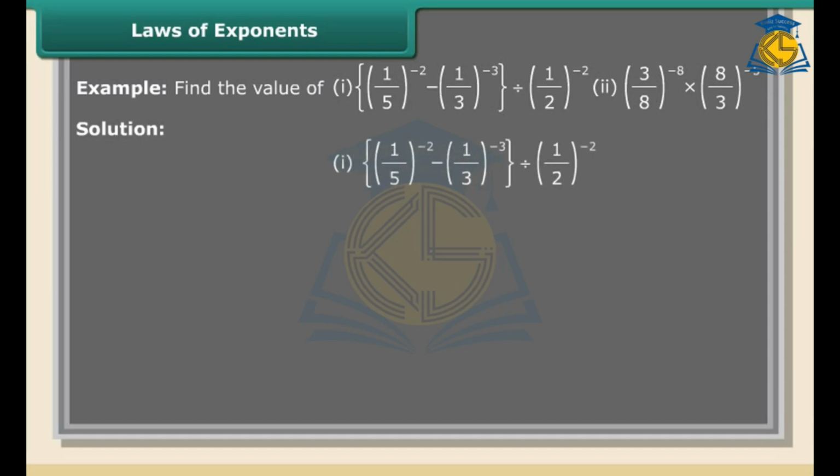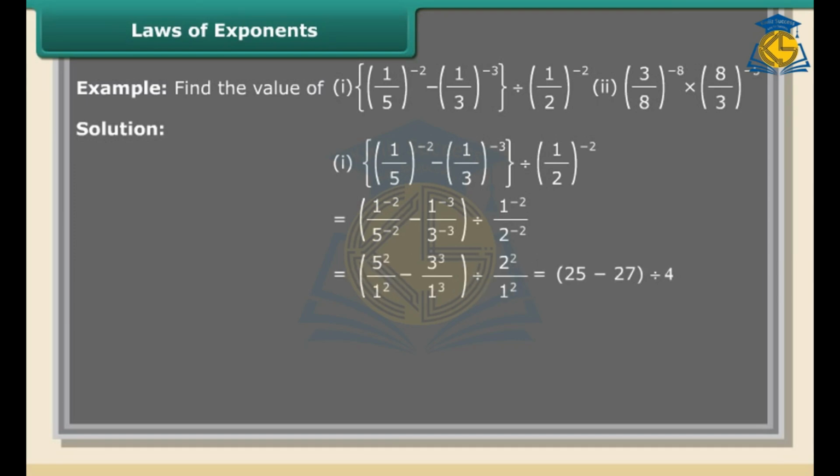(1/5)^(-2) - (1/3)^(-3) divided by (1/2)^(-2) is equal to 1^(-2) upon 5^(-2) minus 1^(-3) upon 3^(-3) divided by 1^(-2) upon 2^(-2)